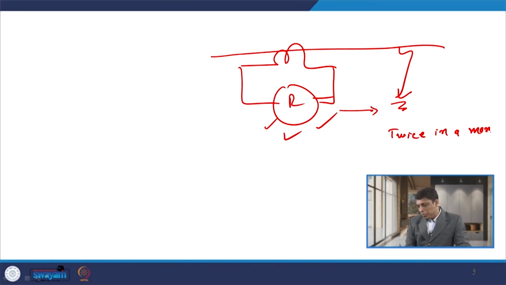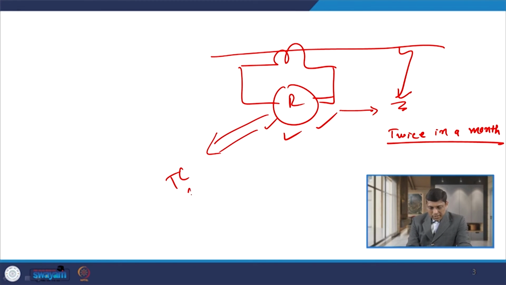So, when we carry out periodic testing of the relay, what do we have to do? We have to remove the relay from the case, from the panel, and then give some external current injection through a current injection test kit to the relay, and check whether the relay disc, if it is an electromechanical type, or maybe a static or digital relay, operates within the specific time period as given by the manufacturer or not. Now, when we carry out such testing, this relay coil or relay contacts are associated with the trip coil of the circuit breaker.